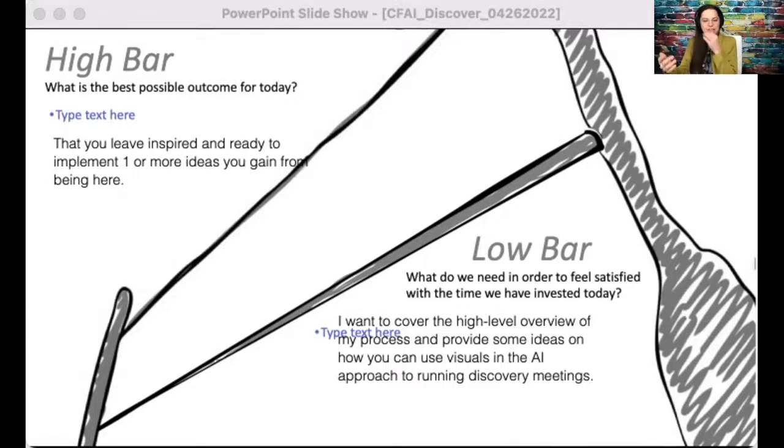And so when I ask this of clients, I really am working that in. Usually the low bar is pretty met unless they have really high standards. And then I take that into consideration. But those high bars, this is where you get to either meet those high bars that they have or set some expectations. So in terms of being able to use this in the very first meeting with your client,